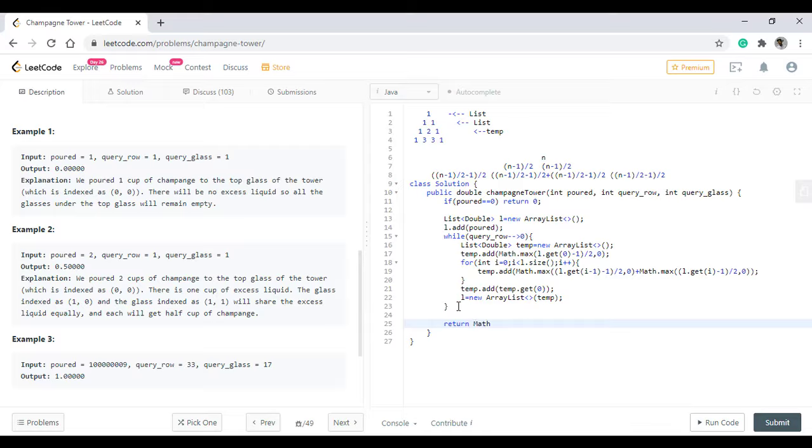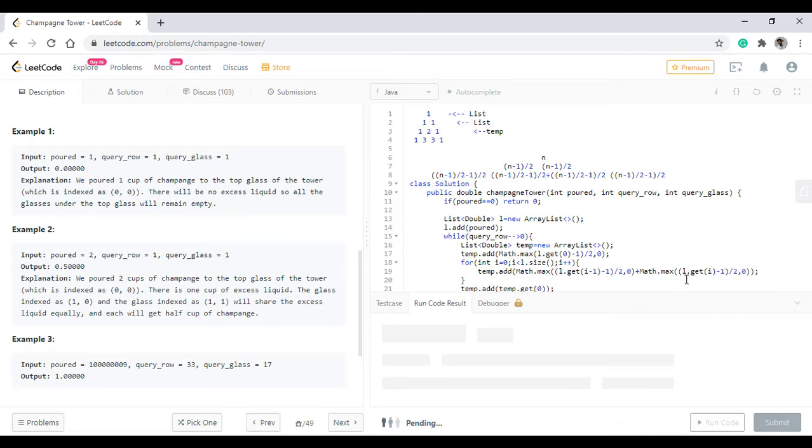Okay, now what we need to do is we just need to return, and in this case what we do is math.min of either value 1, because it cannot be greater than 1, or we need to take the value l.get of our query row, whatever value is in the query row. So whatever minimum value it will be, it will give us that, because the maximum value can be only 1. When we run this code,